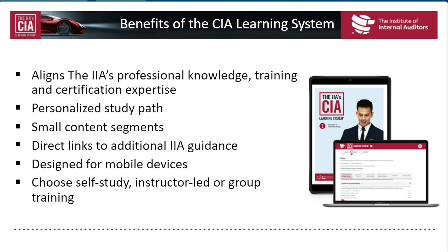In addition, there are these smaller content segments that really speak to the concept of micro-learning. So again, just picture a day in the life of any auditor. Picture your own workday today. You made a sacrifice to be here to listen to this webinar, but you probably didn't have a lot of time to do so. And that's the fascinating part about the CIA learning system as well, it offers smaller content segments so that you can really plan your time. And it means that you don't have to spend 4, 5, 6 hours at a time learning the material. You don't even need to spend a full hour. We're talking about minutes, and an estimate associated with different content segments so that you know exactly how to plan